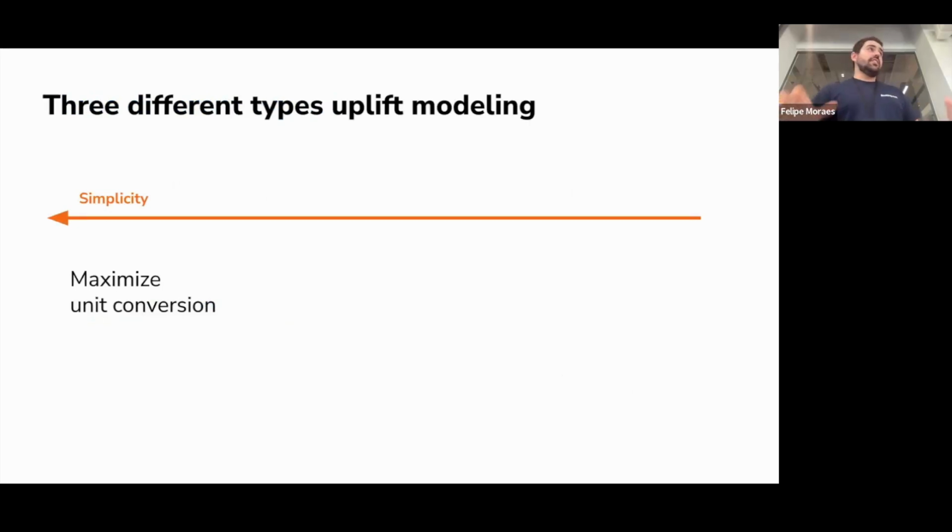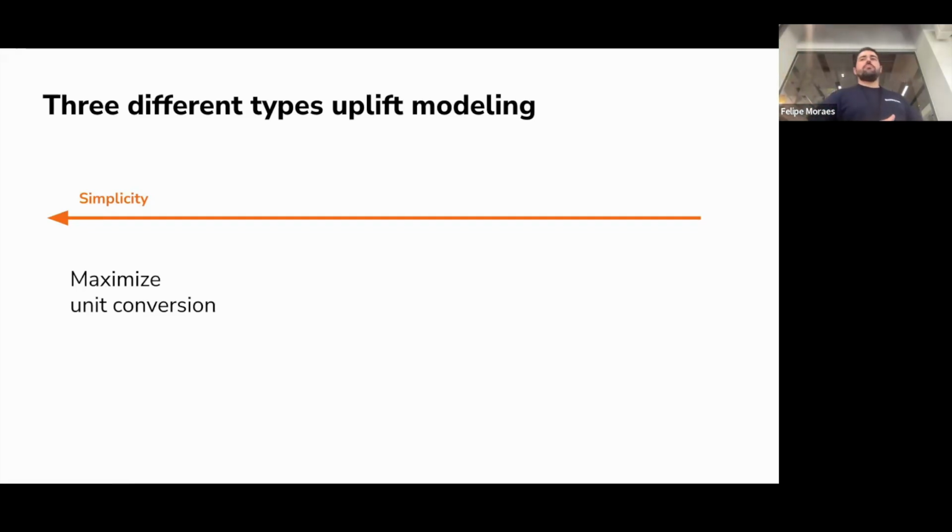So as I see it, and this is my opinion, so take it with a grain of salt, there are 3 different levels of doing uplift modeling. I call them levels mostly because there are different levels of complexity in modeling this.